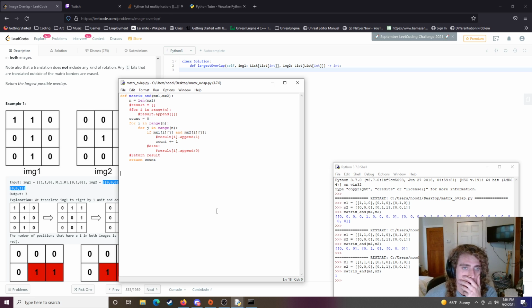And then what we want to do is do a matrix translate. So we'll want to do all the possible translations and all the possible ANDs, and then whichever one ends up being the biggest is what we return. So we go, matrix translate, and then we'll say how many x units we want to translate it and how many y units we want to translate it, and then